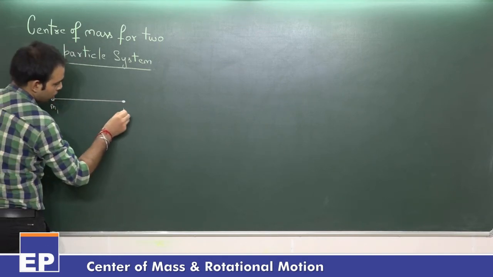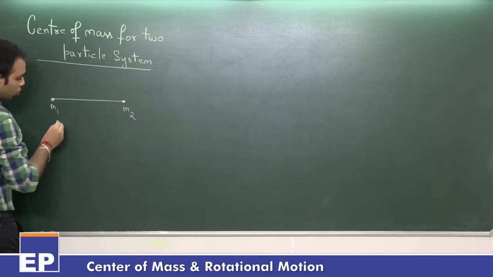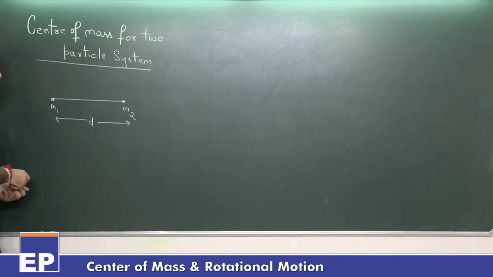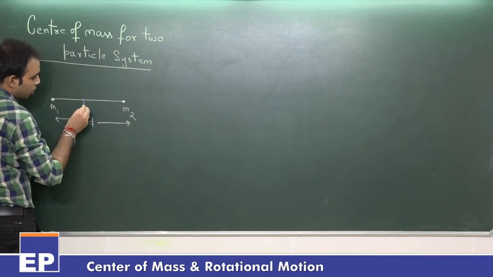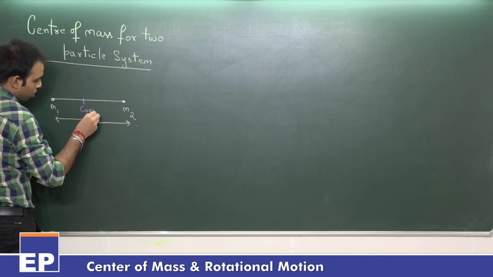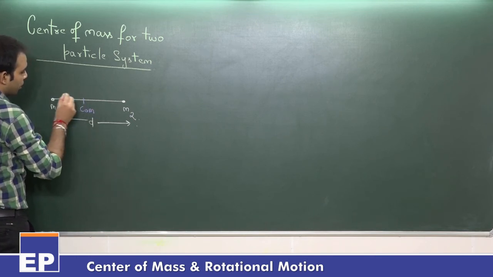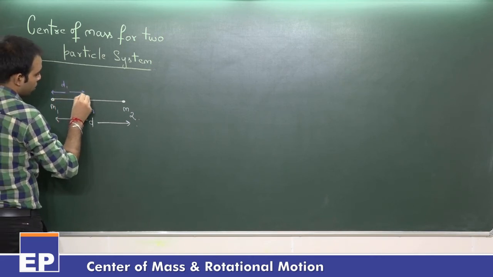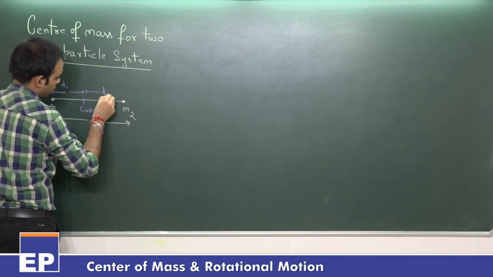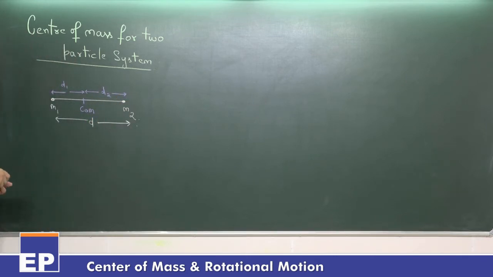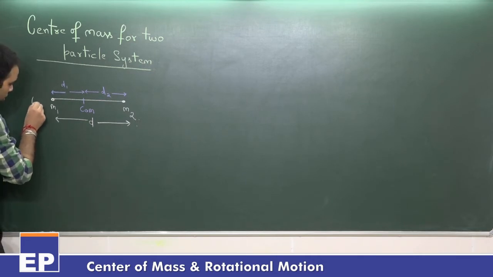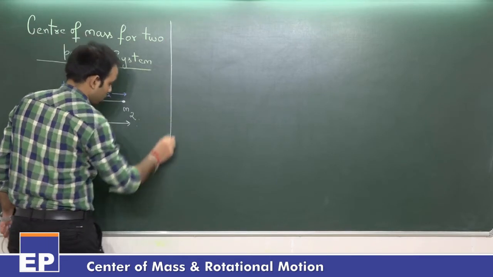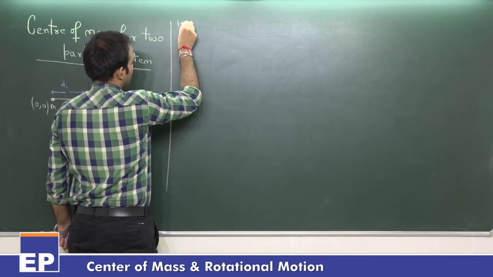ये M1, this is M2. Let's suppose that the separation between them is D, और this is the position of the center of mass, which is at a distance d1 from there, and d2 from there. If I consider it to be origin, so we can directly write here